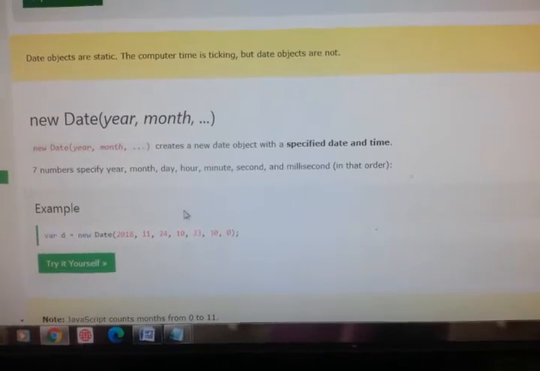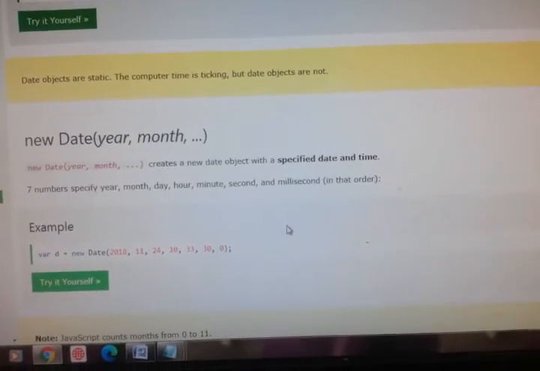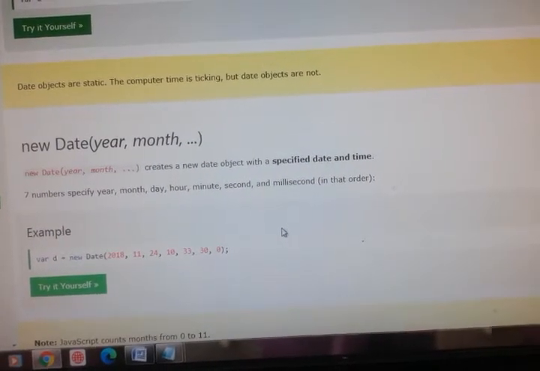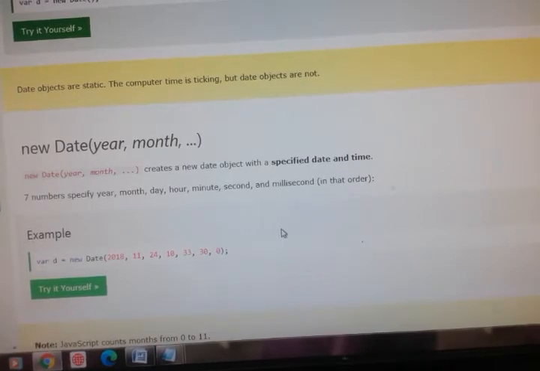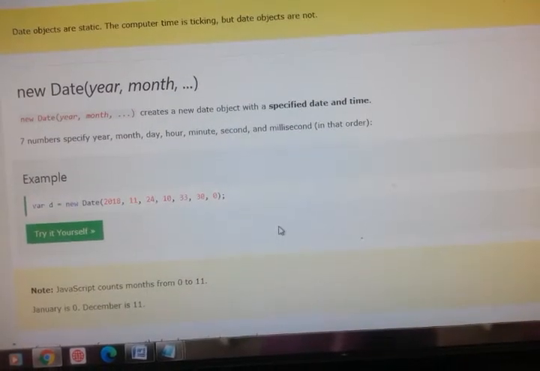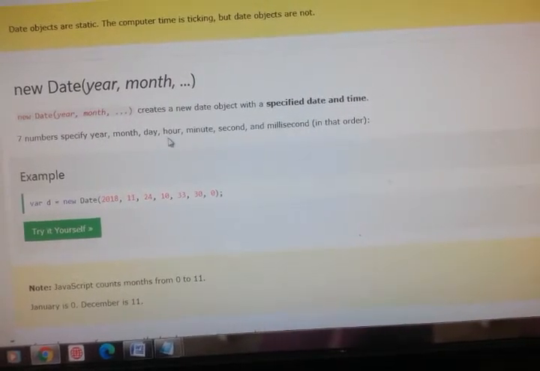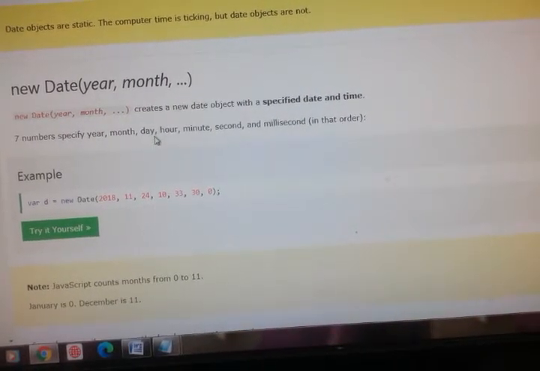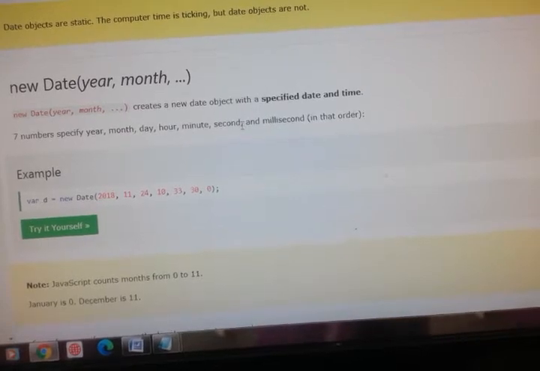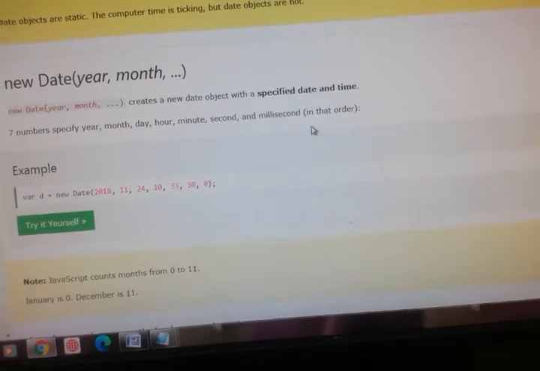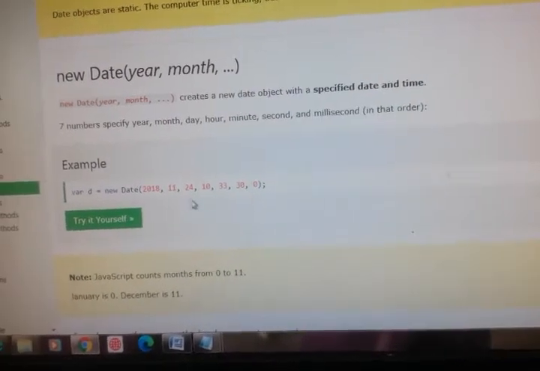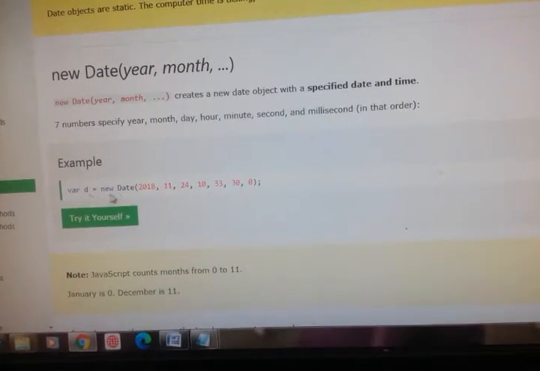Now if you see the remaining ways, new Date(year, month, day, hour, minute, second, millisecond). This is the example. Variable d is equal to new Date.